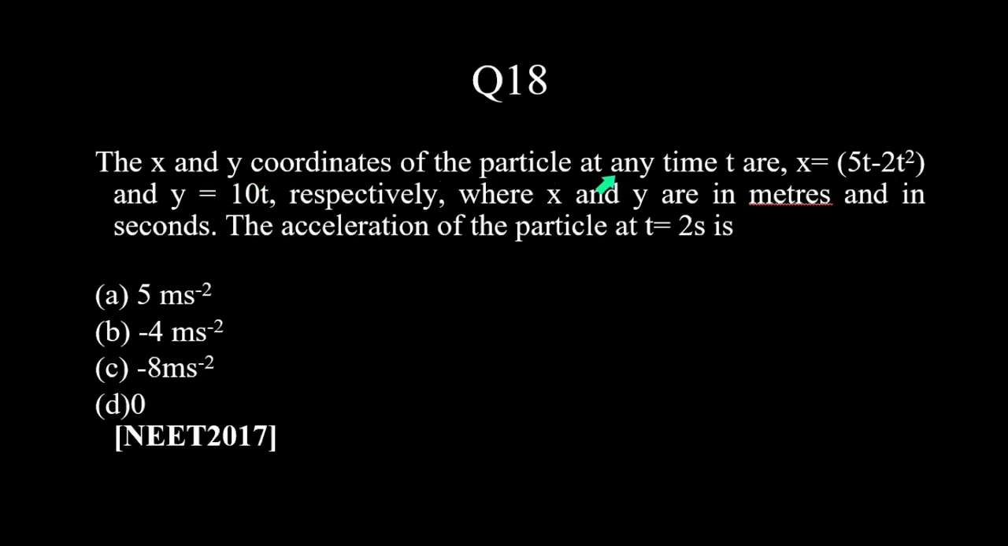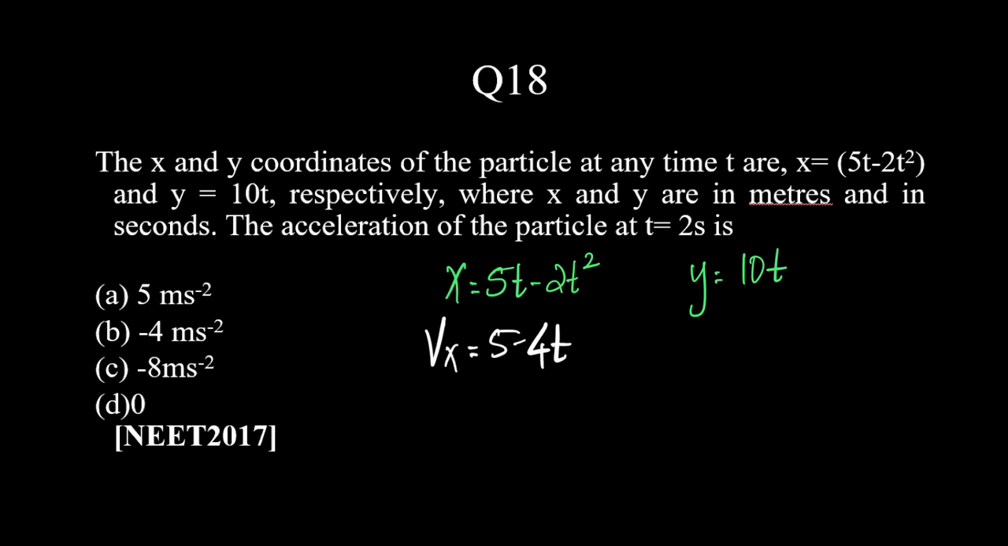The x and y coordinates of the particle at any time are x is equal to 5t minus 2t square and y is equal to 10t, where x and y are in meters and t in seconds. The acceleration of the particle at t is equal to 2 seconds. Okay, so in the examination hall, all we'll do is vx is 5 minus 4t, vy is